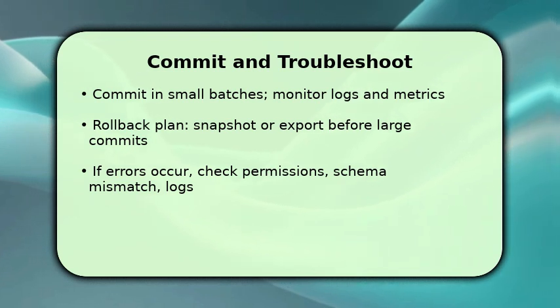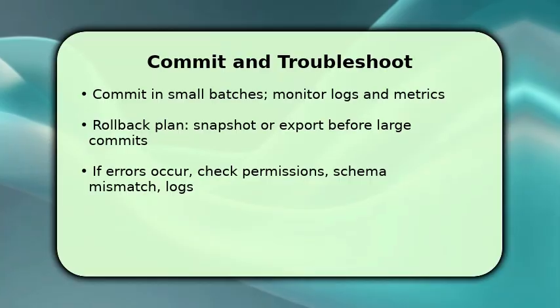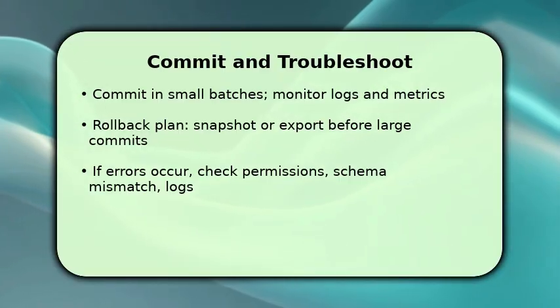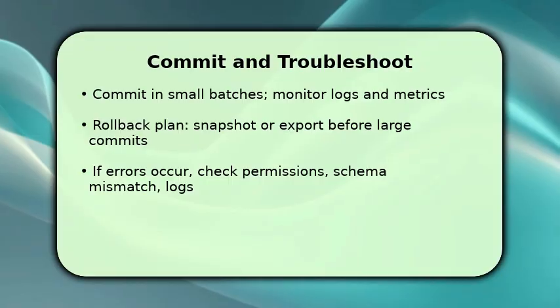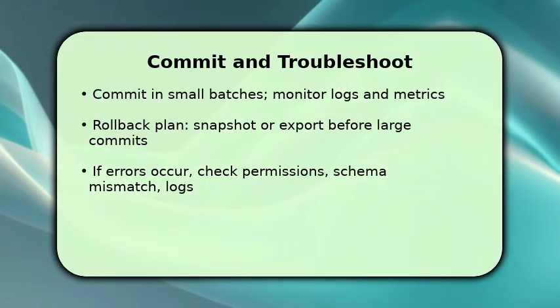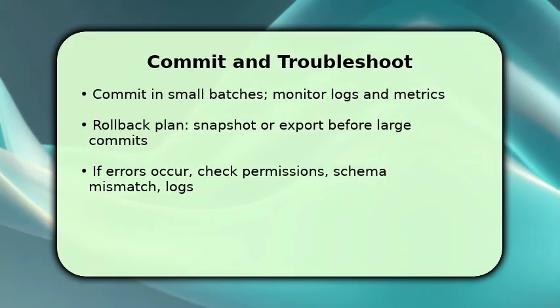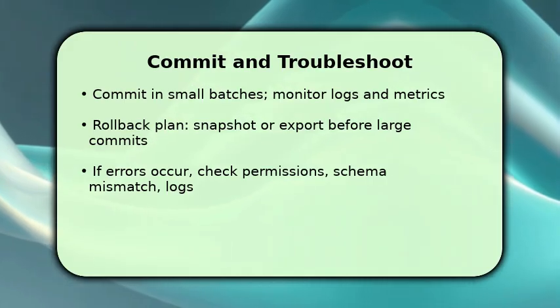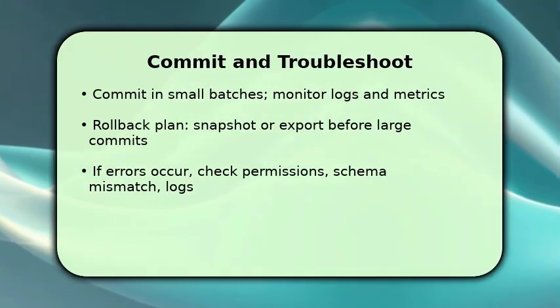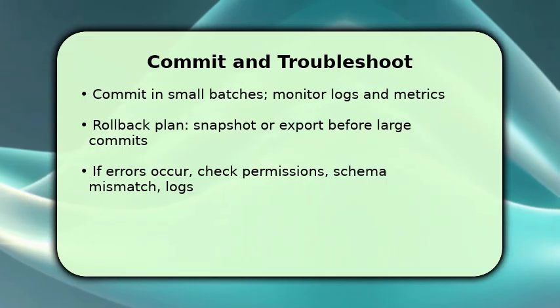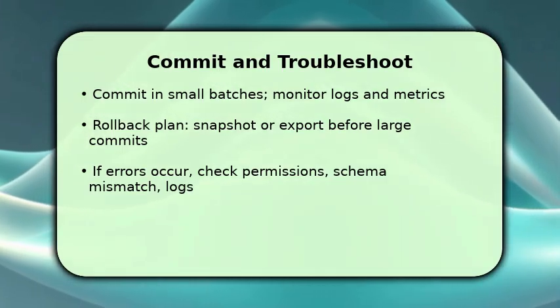If you're making a large update, create a snapshot or export first so you can restore quickly. This is your rollback plan. If something goes wrong, pause and check 3 things: permissions, schema mismatches, and error logs. Those usually reveal the root cause. Finally, revert the affected batch if needed, then reapply fixes and rerun the small commit to